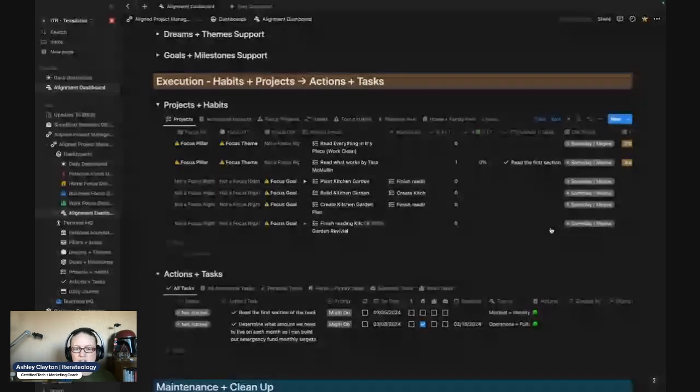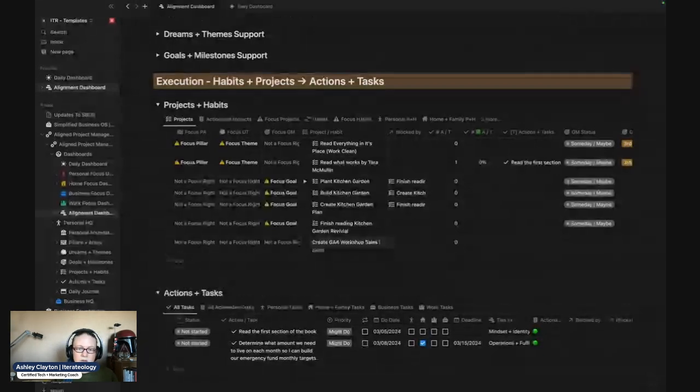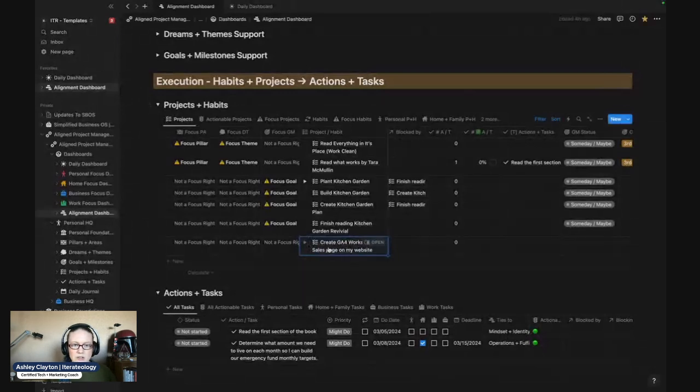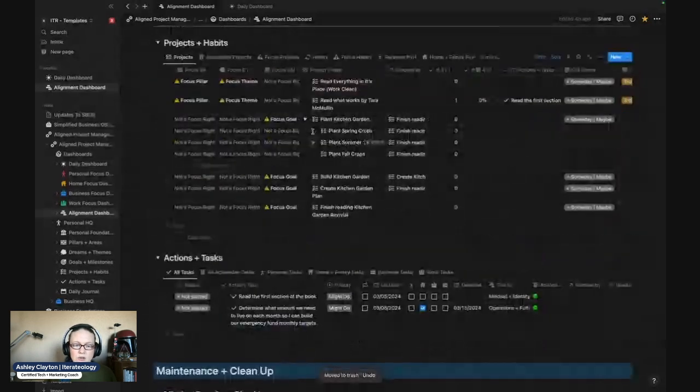Most of us are familiar with project management and how the system works. Say you've got this project you want to create a page on. The reason I'm making this a project as opposed to a task, this could also be a task. Actually, let's do that. I'm going to make it a task so you can see, because with this you have sub items. You can do the same thing here.